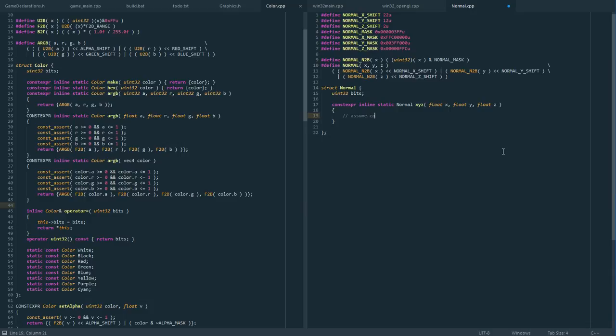Assume components are clamped within -1, 1. So assuming this is true, we can get the unsigned values, or I guess integer values, by multiplying this with